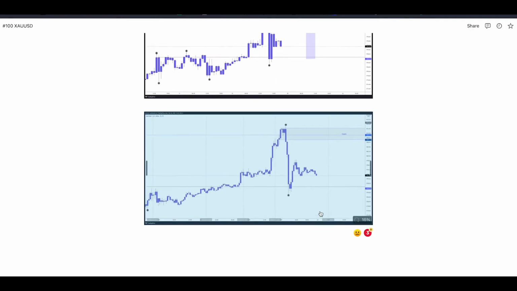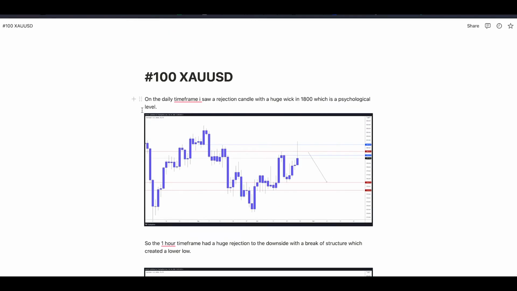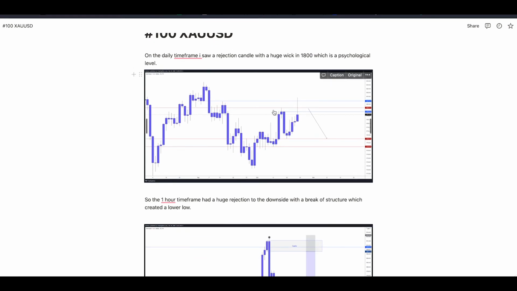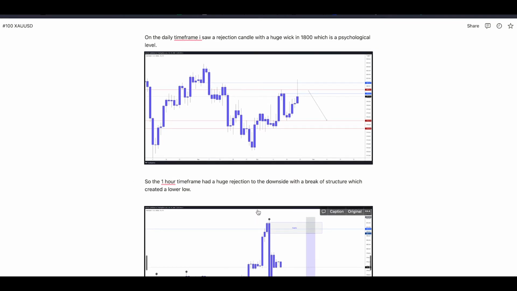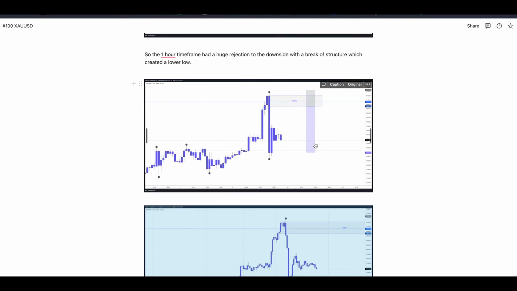Like this. So now we have, on the daily time frame, I saw a rejection candle with a huge wick in 1800, which is a psychological level. So the 1 hour time frame had a huge rejection to the downside with a break of structure, which created a lower low, which you can see here,